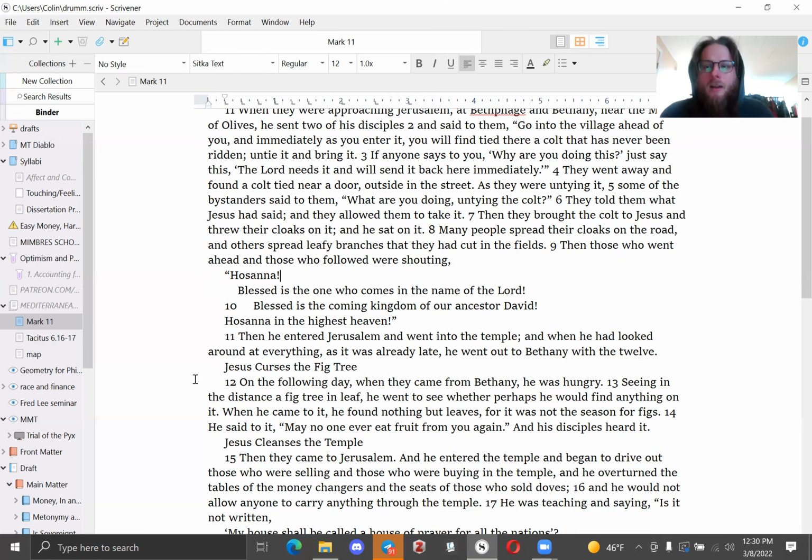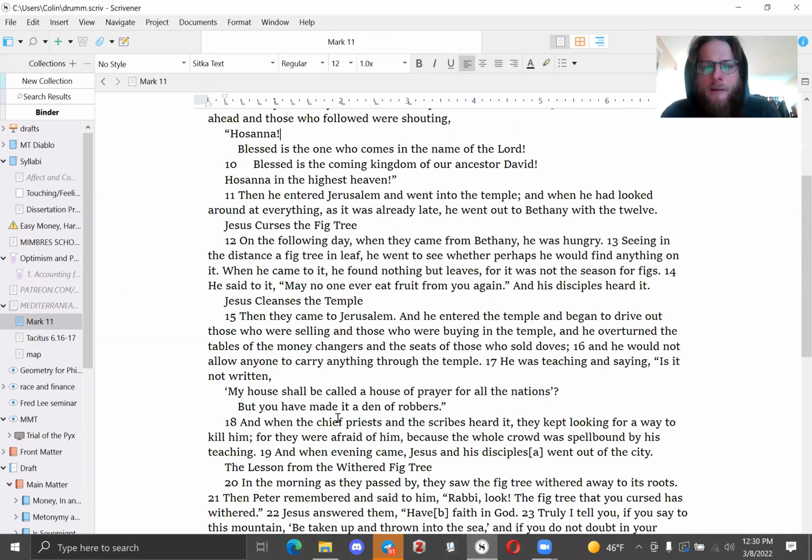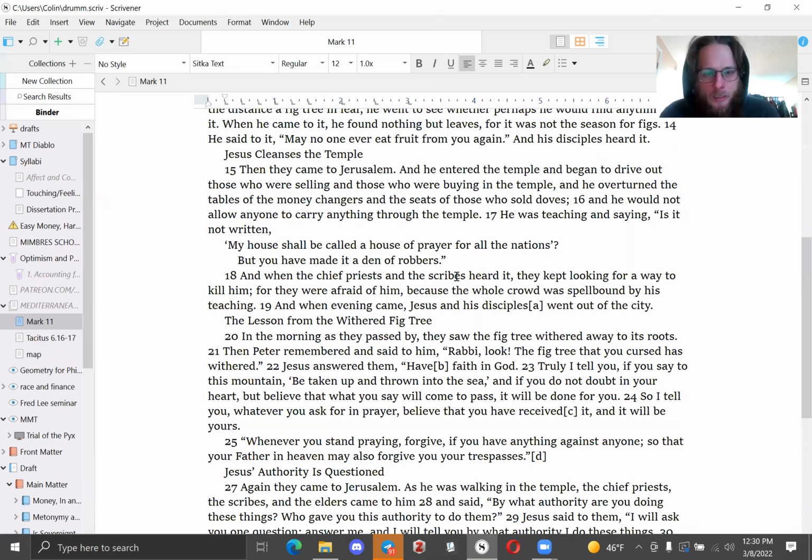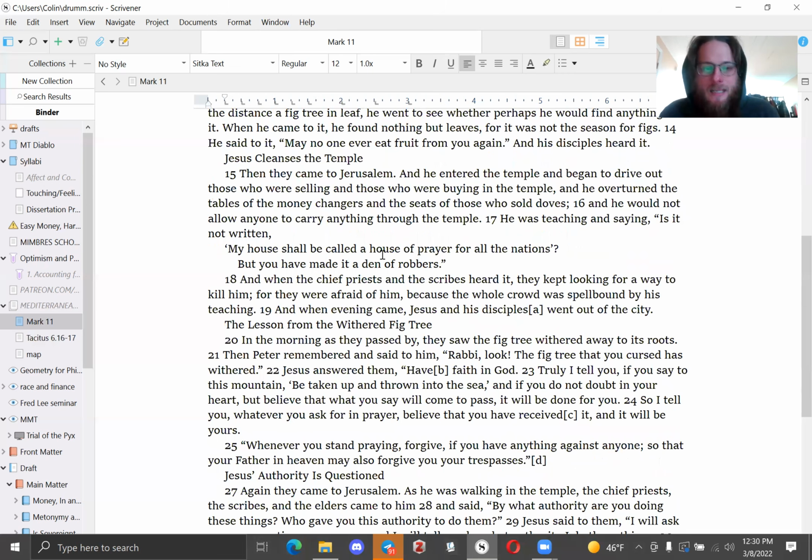That's important, right? Okay, so let's add one more element to it. I'm going to talk about the fig tree in a second. So here he makes this reference to Isaiah. My house should be called a house of prayer for all the nations, but you have made it a den of robbers. So one question is, what's the significance of this "all the nations"? Well, I think once we have this money view understanding of the history that I've been trying to explain to you, this makes a lot of sense.